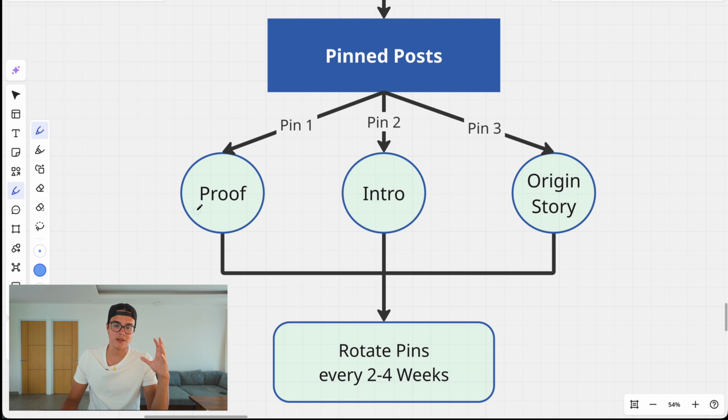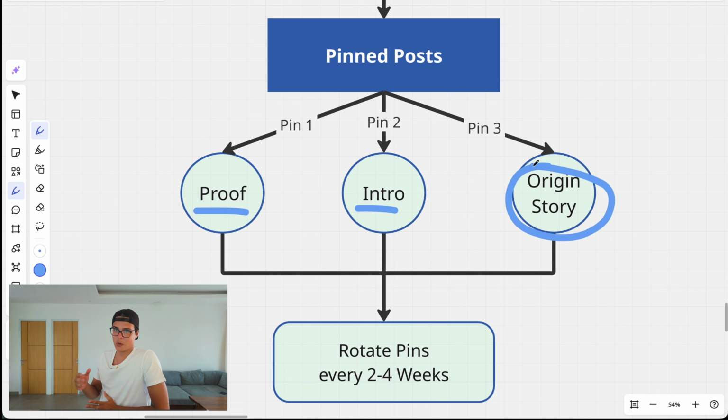I like to make the first pin some form of proof, whether it's a client result, a client case study, or a testimonial. This way you're able to lead with proof and show people that you actually know what you're talking about and that you've achieved some results. Then you want to have a general intro post to you and your offer and what you kind of do, as well as an origin story post to kind of show a bit of personality,